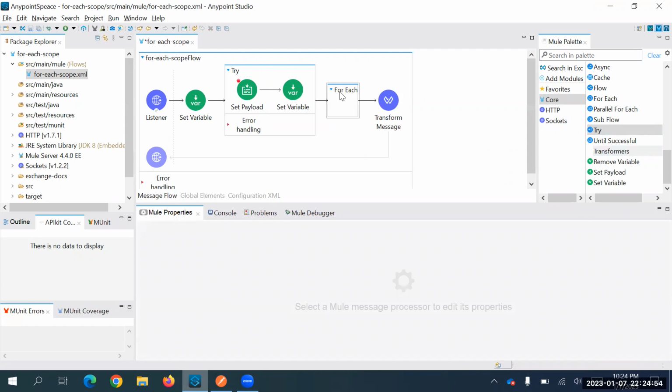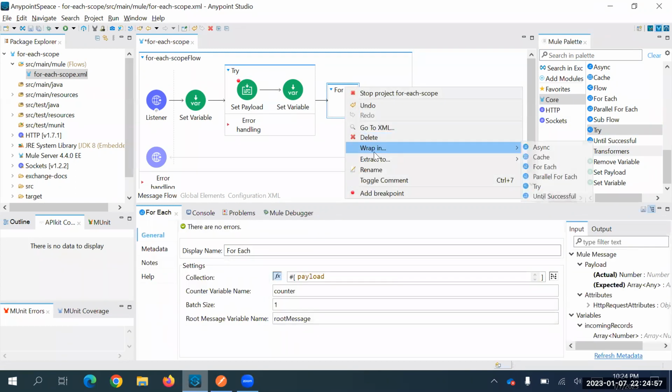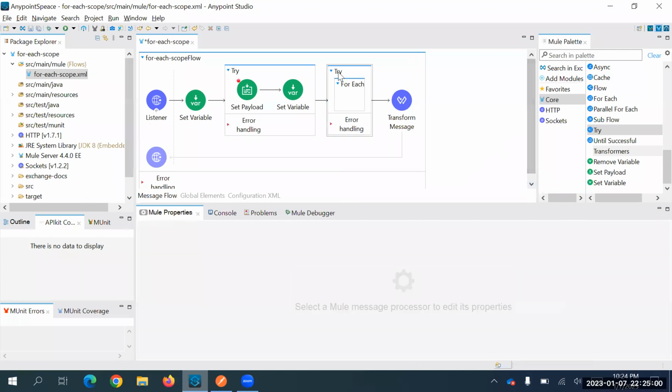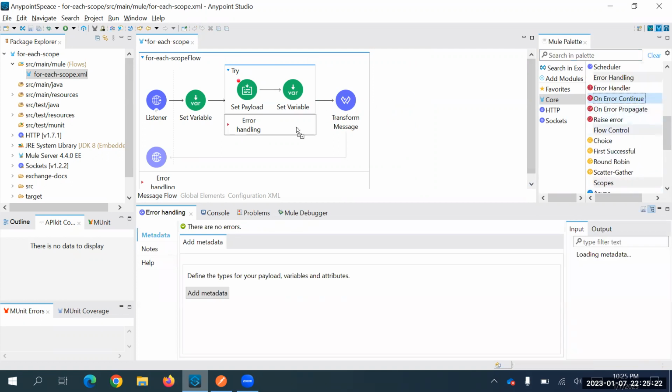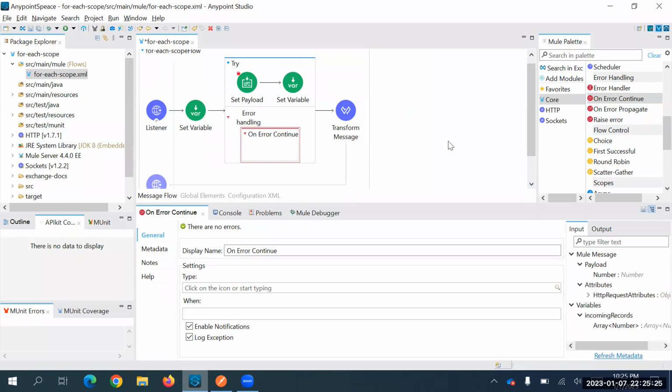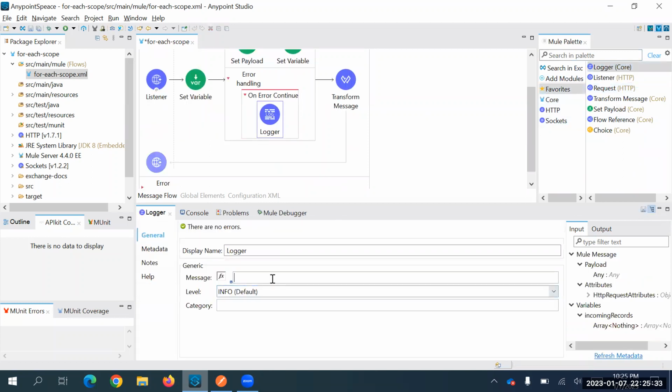See, basically, what happens if you wrap this for each in a try block? This is not how you should do it. You should always keep the for each, and keep the try block inside that for each. This is a major point you need to always be aware of. And then under error handling, I'm going to use an error continue, just because I wanted to continue with my processing. So I'm going to keep a simple logger for now,